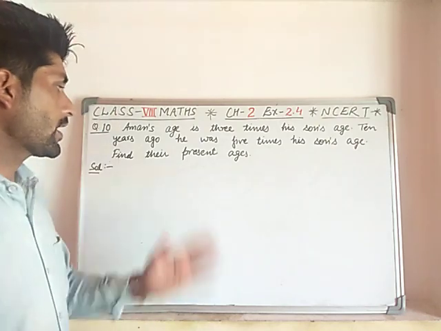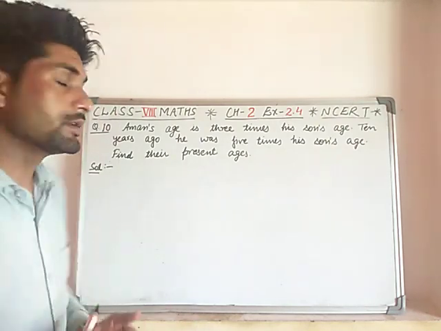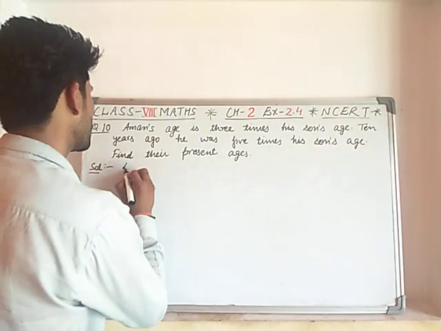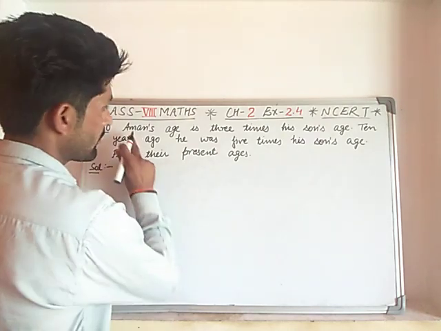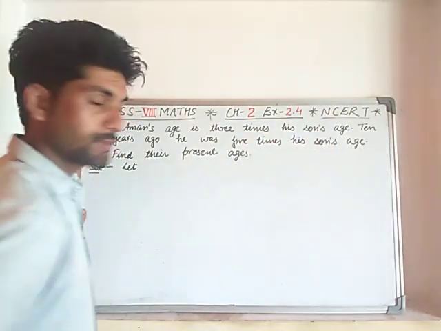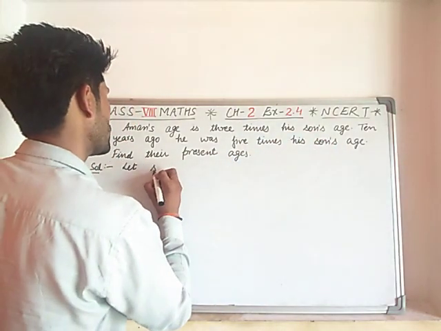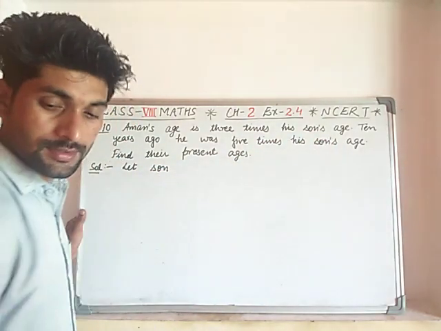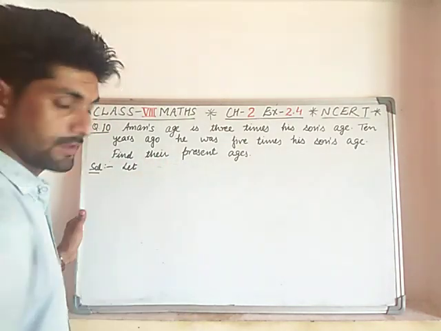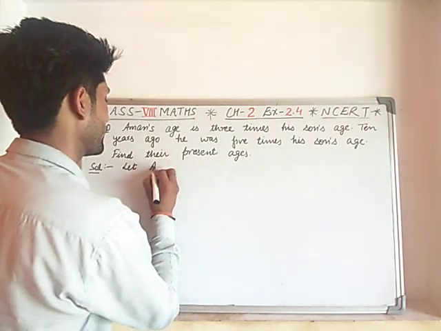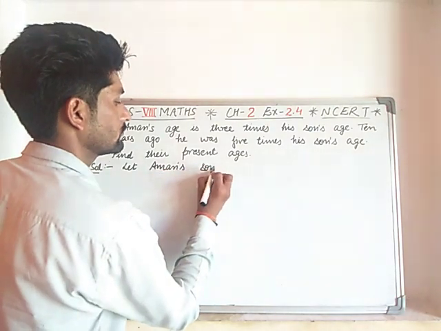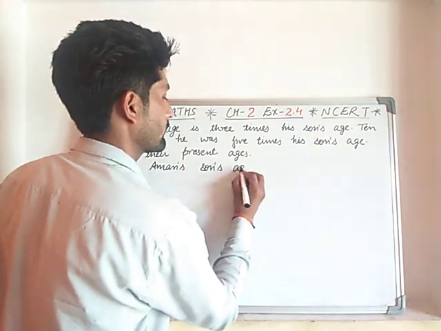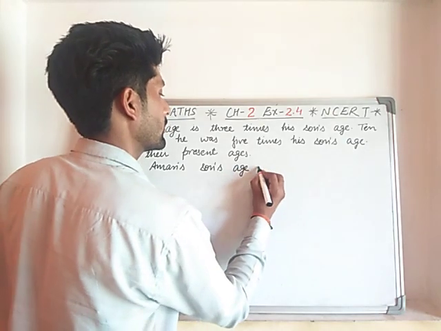Now we have to find their present age. अमन की एज डिपेंड करे उसके बेटे की एज पर. So let Aman's son's age be